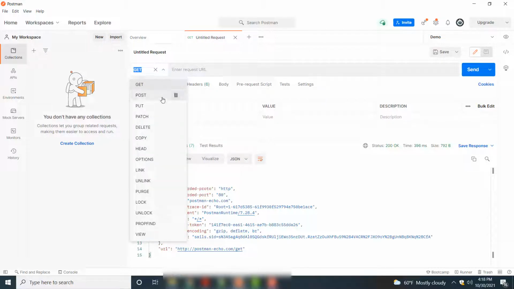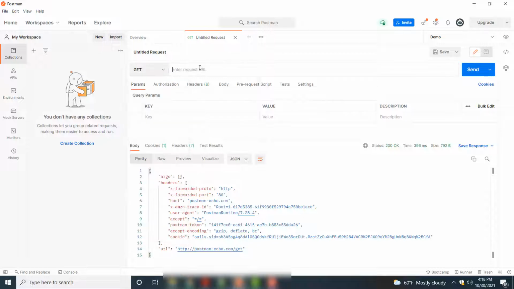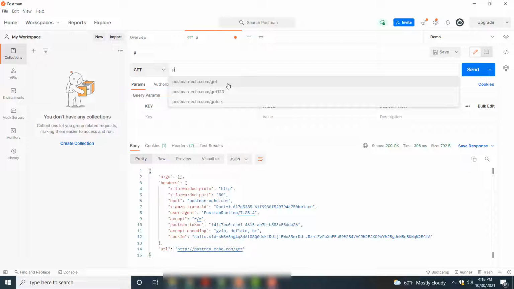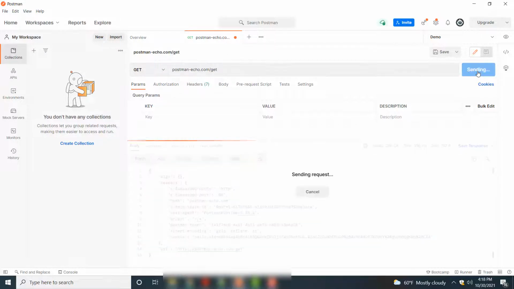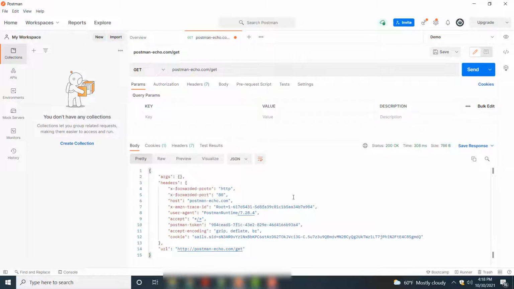So a request or a call can be of any type. It allows you to send get, post, put, and other different types of requests. We will simply send a request to a Postman server, which sends us a very simple response that a request has been received. So this is the request or the API call, and you have to click send. And this is the response that is generated or returned by the Postman API server. So this is how you can send requests to other API servers as well and receive response in Postman to perform different types of tasks.